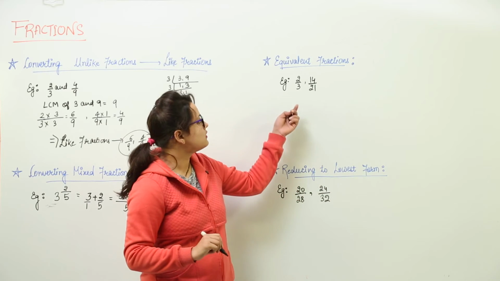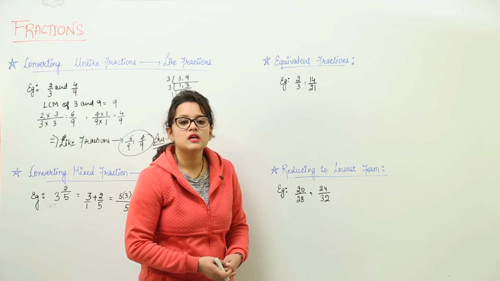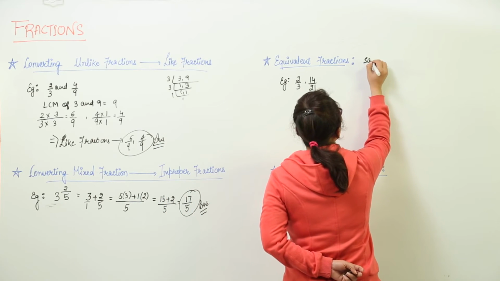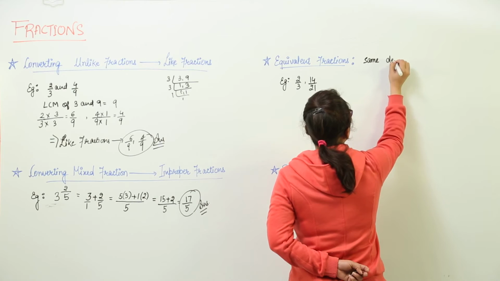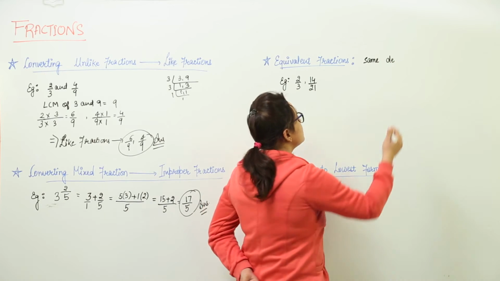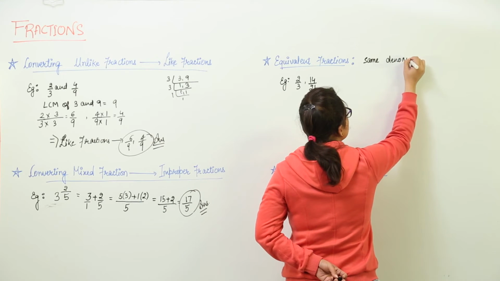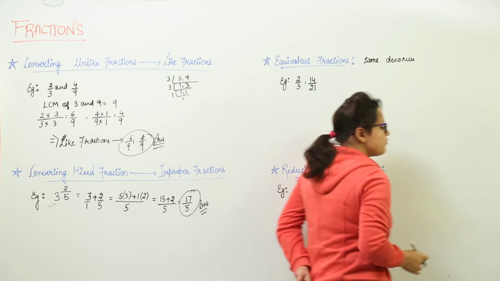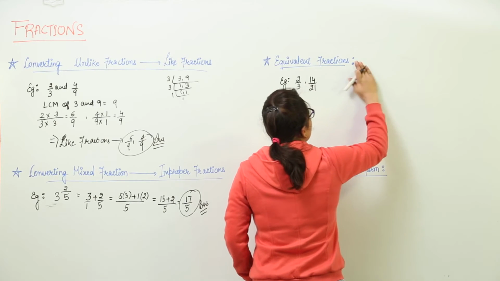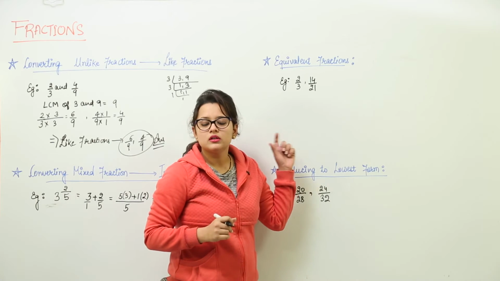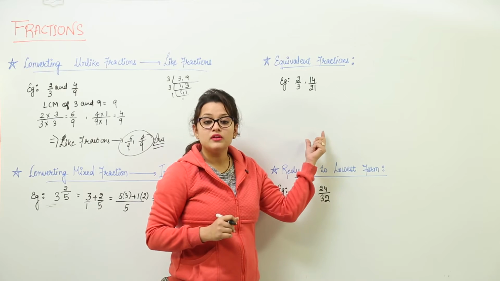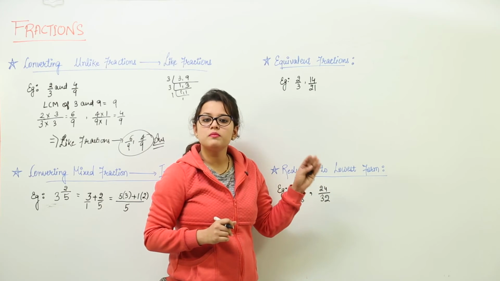The next one here is the equivalent fractions. Now equivalent fractions are those fractions that have the same denominators, right? Or you can say it can have the same denominators. You can write also the other case. Okay, before writing the denominator case, let us discuss one thing, the equivalent term. The equivalent term here means clearly that the values of both the fractions should be equal.